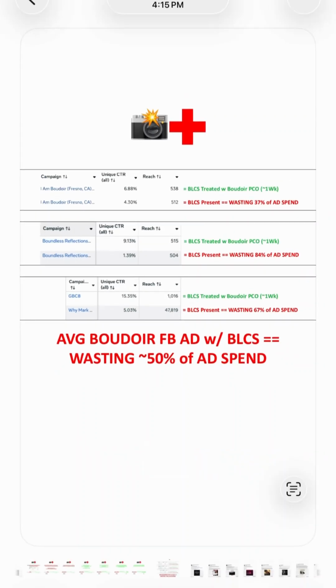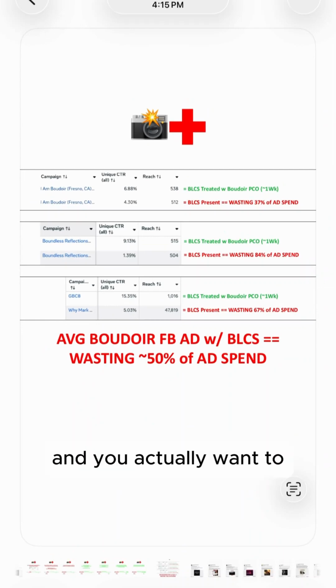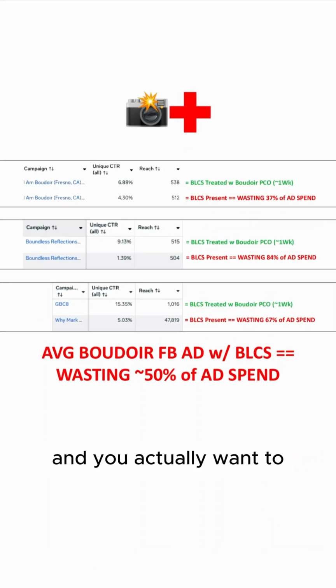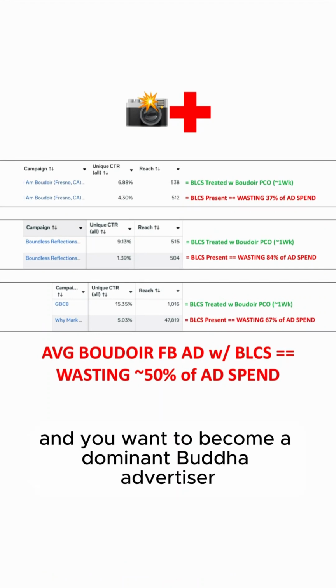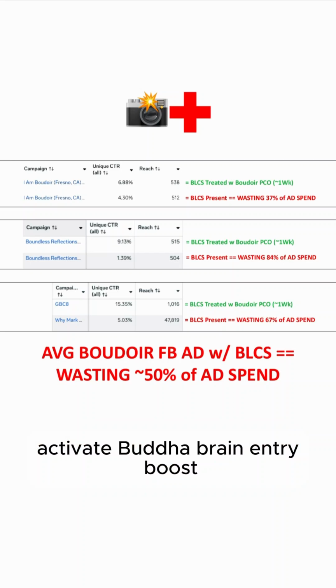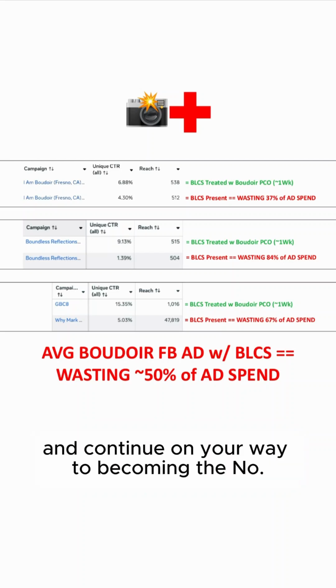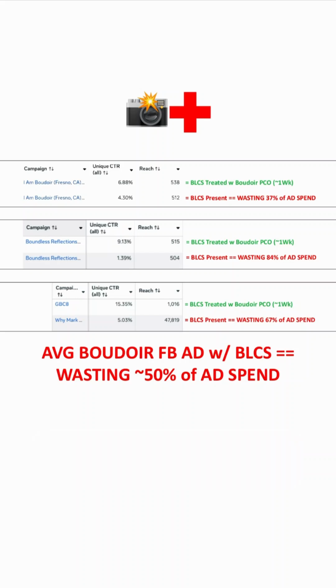And so you see the marketplace getting more and more saturated, and you see inflation hitting harder and harder, and you want to become a dominant boudoir advertiser, achieve pre-click alignment, activate boudoir brain entry boost, and continue on your way to becoming the #1 boudoir photographer in your city, then